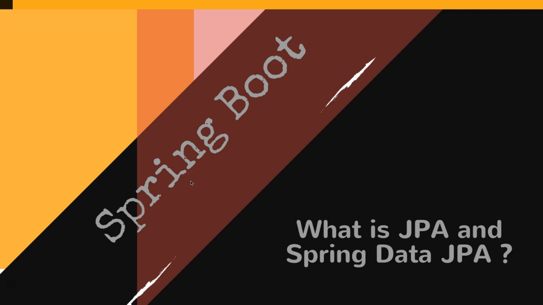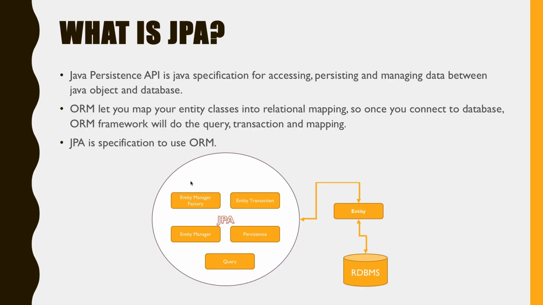Hello everyone, this is Bhupen Sharma, and in this tutorial we are going to discuss what is JPA and what is Spring Data JPA. So let's get started. What is JPA? JPA stands for Java Persistence API, a Java specification for accessing, persisting and managing data between Java objects